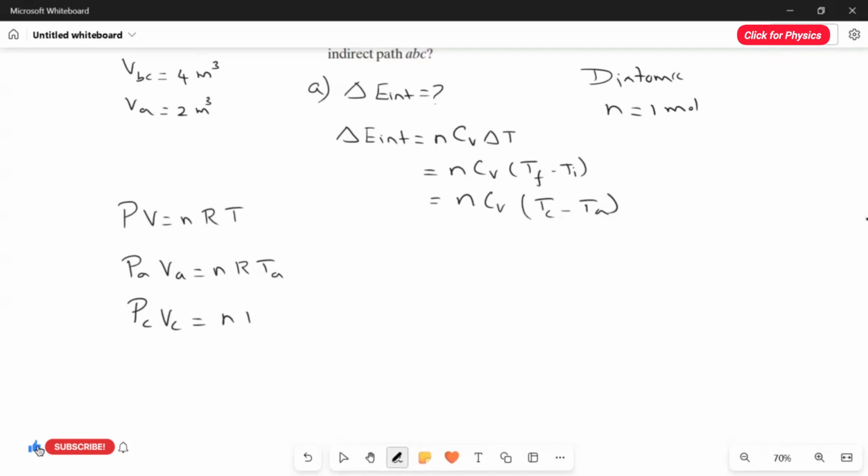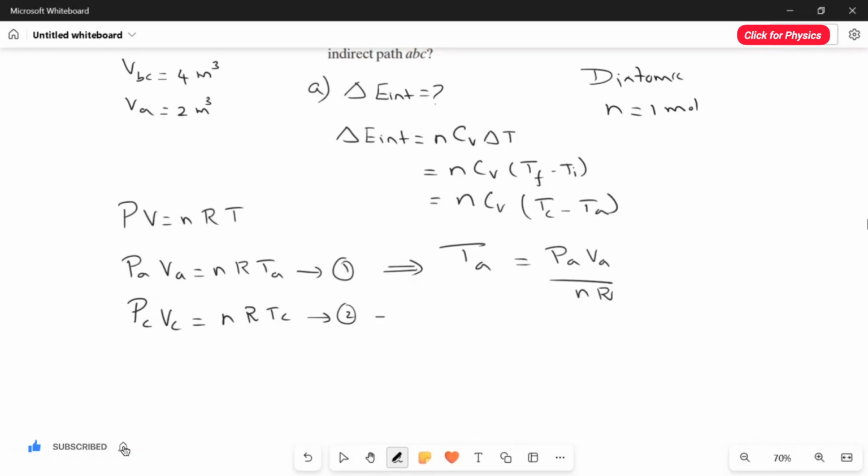This is N or TC. This is our first equation. This is our second equation. From the first equation, I'm going to rearrange this equation in terms of TA, which is equal to PA VA over